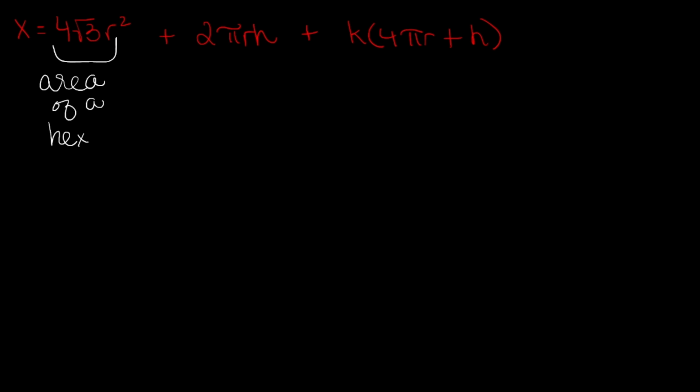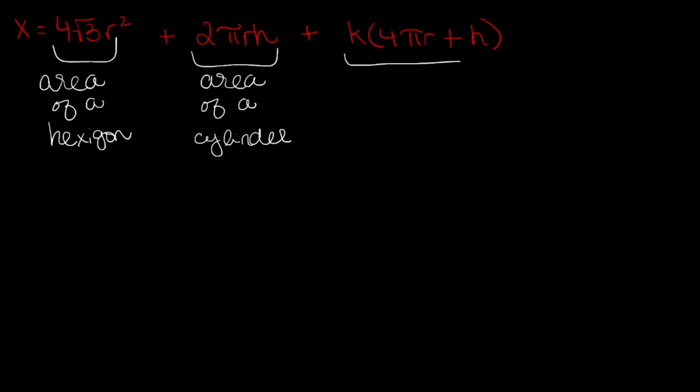In problem 2, we propose cutting the disc from hexagons, where the total cost would be proportional to 4 square root 3 r squared plus 2 pi r h plus k times 4 pi r plus h. The 4 square root 3 r squared is the area of the hexagon. The 2 pi r h is the area of the cylinder. And we have k times 4 pi r plus h,